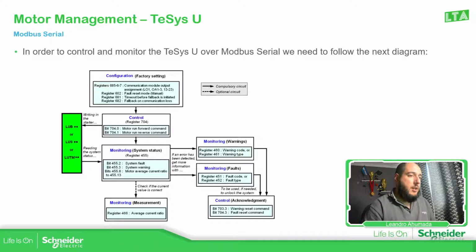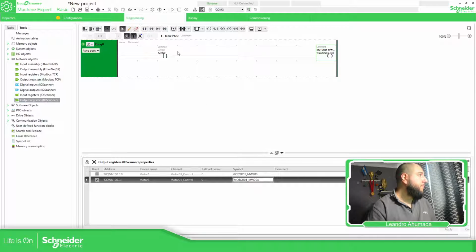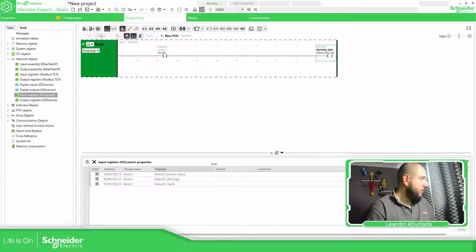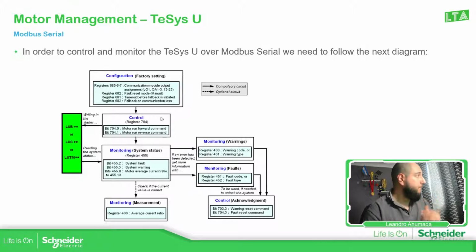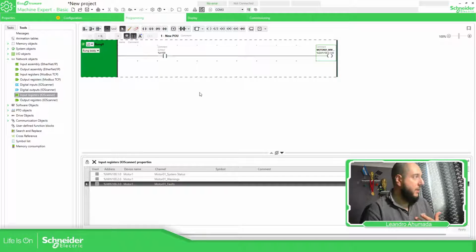Okay, then the other thing that you can do is check the communication things. So here you have the status, you have everything in one word, the full system status. Then you just need to enter the communication manual and really see what's going on. So for example, if the system already tripped, I believe it's number 3 or 4, the status. So let's see. So there we go. System fault, system warning 213. So here, if you have a fault or something on the TeSys U, you just need to access number 2 or 3. So if you go to the software once again,